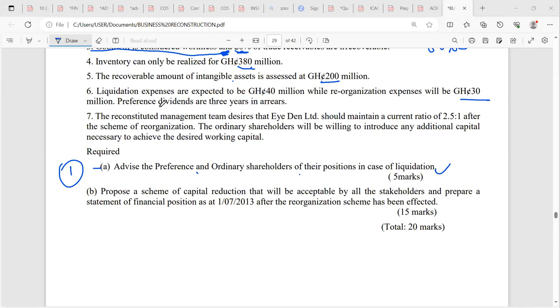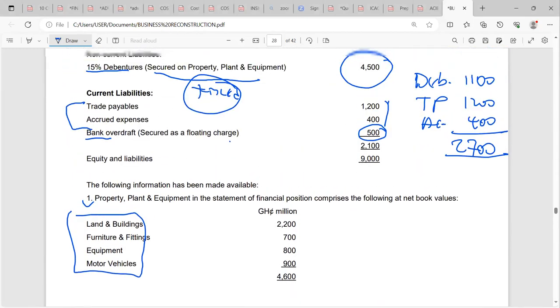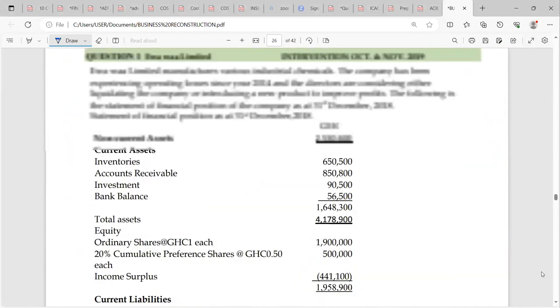So the preference dividend is 3 years in arrears. They've not paid for 3 years. So go and check 1 year's dividend and multiply by 3 years. That's all. So now,